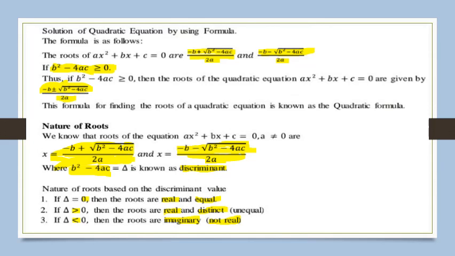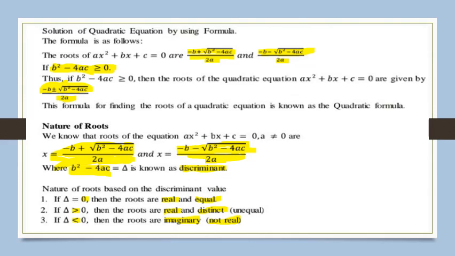Now dear students, we will see the second method of solving the quadratic equation, by using the quadratic formula. This formula is as follows. As we are all aware, a, b and c are the coefficients of x², x and the constant term. So the roots are directly given. First you have to find a, b and c of the given quadratic equation, and then the roots of ax² + bx + c = 0 are given by the quadratic formula.